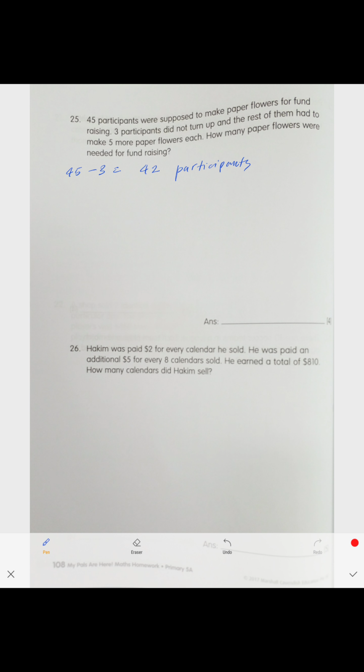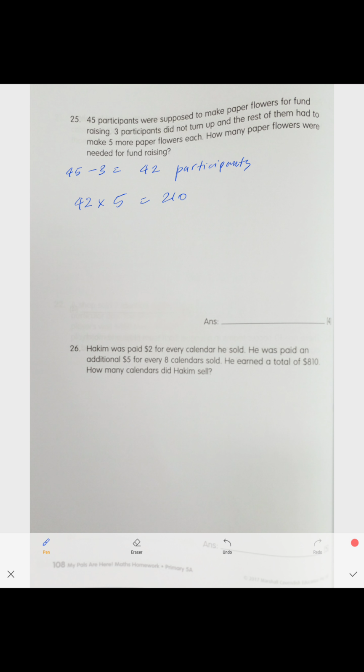So each one of them had to make, here, it had to make 5 more paper flowers each. So how much extra did these 42 people make? 42 people make, each one of them had to make 5 more extras, right? So total extra flowers is 210, right? Not like extra, but I mean they had to make them instead of